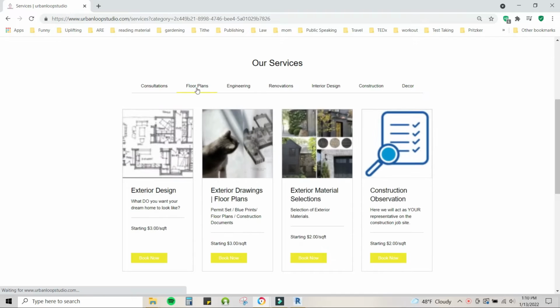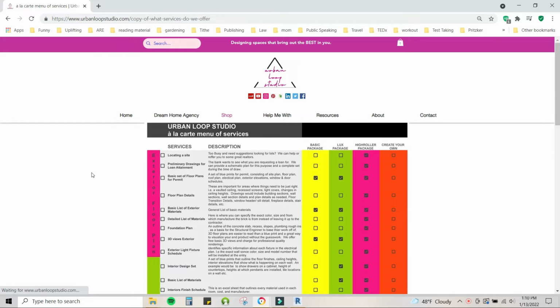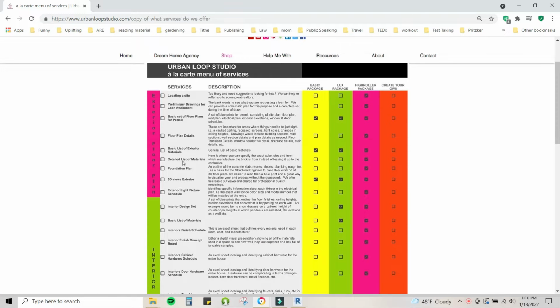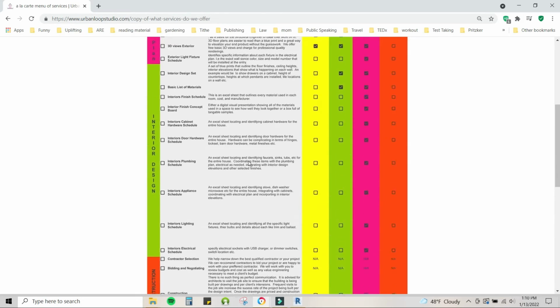If you need help trying to understand more details about these services, you can always head over to Shop, a la carte menu of services, where you can see a detailed list of the services that are included, as well as the description. In order to help expedite the services during your 15-minute consultation, you can always refer to the basic package, luxe package, high roller package, or create your own when communicating with us what you are needing for your project. So please take a look at this a la carte menu of services to learn more about what